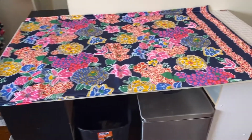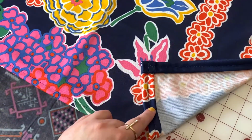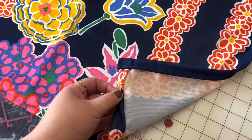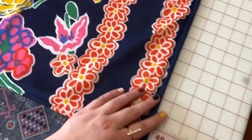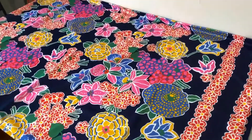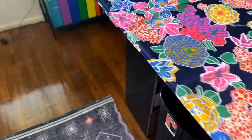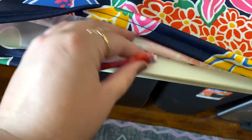Hey guys, so I'm checking in. I need to take a little break to have lunch, but this is what I have so far. Laid out here on my sewing table, you can see that I have finished off the edge, and the raw edge that was finished first has been folded in. So I know that my curtain needs to be 48 inches from the top. So I have found my 48 inches, and then if you see here, I actually haven't finished off this top